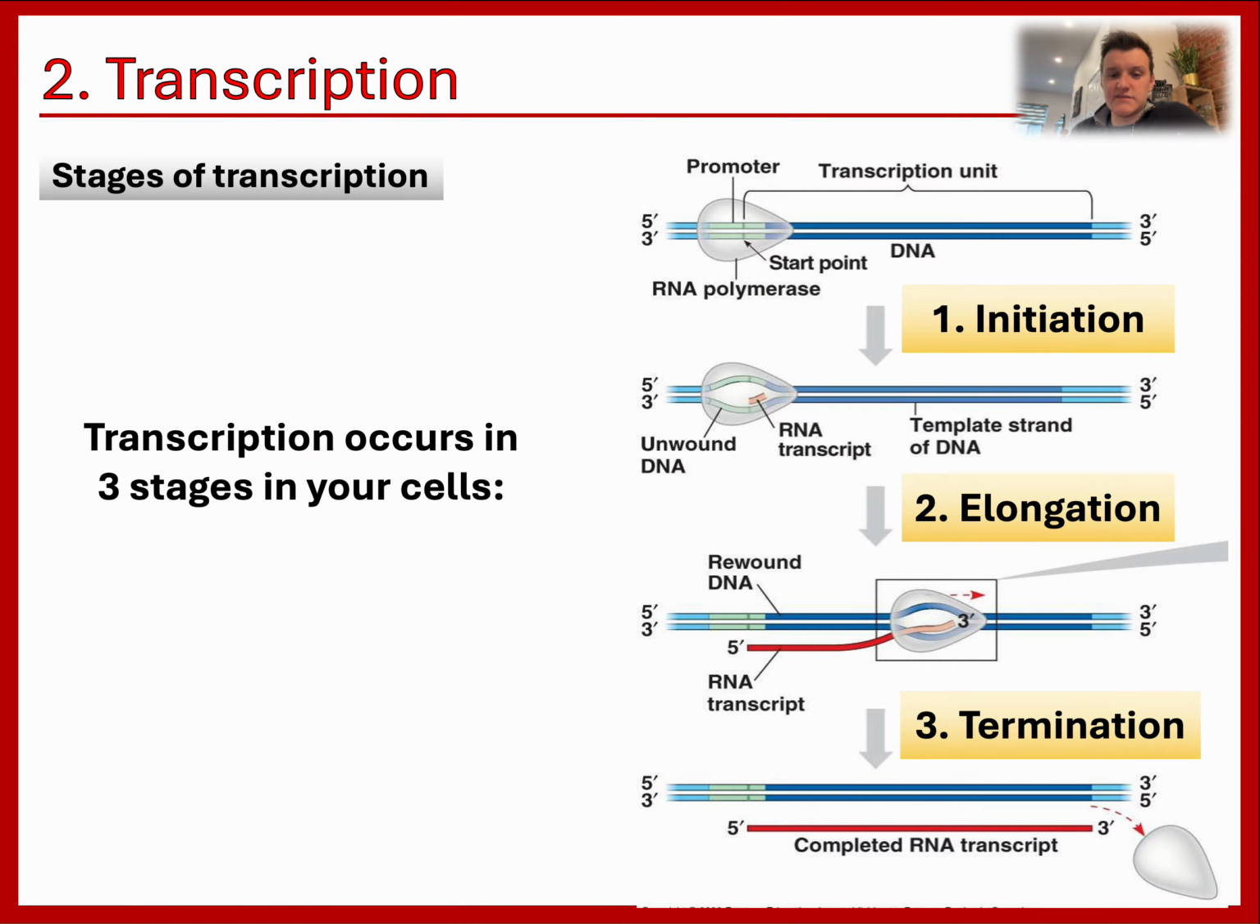So let's go through the stages of transcription. It occurs in 3 stages in your cells. First, over here in the DNA, you see this molecule at the start point called RNA polymerase, and it sits here and initiates the start of transcription. It opens up and you see that the DNA will unwind, right? And then you start this transcript. So this RNA polymerase will elongate the RNA transcript, the mRNA, and then termination,